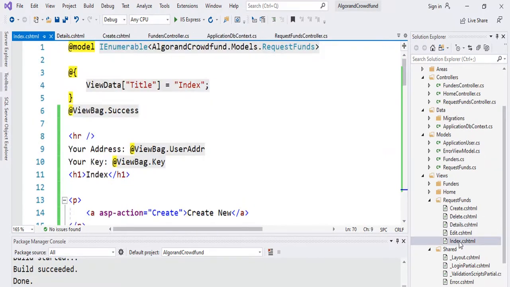So inside of the index of our request funds, we are going to have an enumerable of our request funds, getting a list of all the funds, or campaigns rather. So we have the ViewBag.success message, which is going to display that our transaction was successful, and then our address. So this is basically going to be our home page, and we should see our address and our key